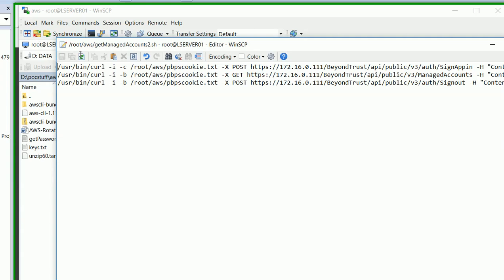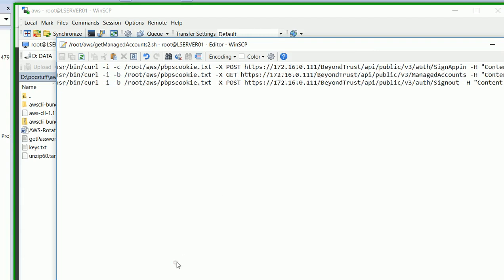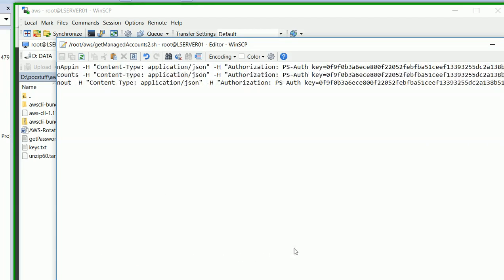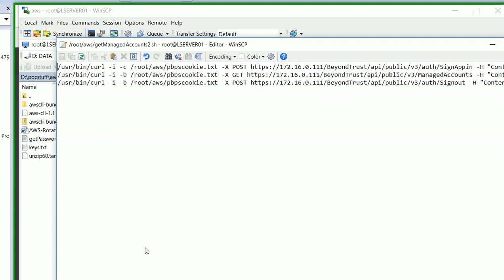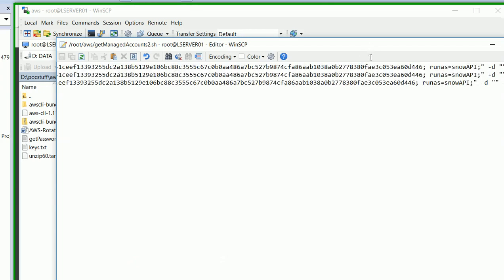I'm using curl, which is a utility that's available out of the box on all recent Unix or Linux distributions. And I'm using 3 calls here, one to get a session or to authenticate against the Password Safe API. And I'm using the key here, so you need to copy your key here. Of course, you'll need to also use the IP address for your Password Safe server, the one that is exposing the Web Services API, and also the name of the account here that I created in BeyondInsight with access